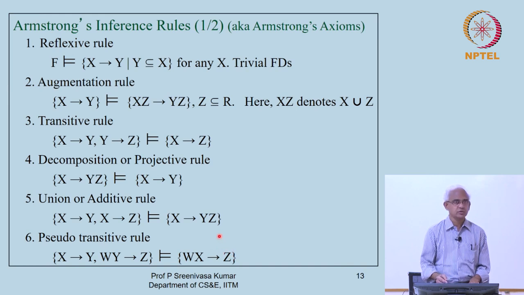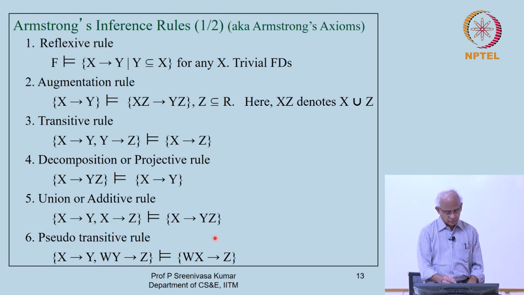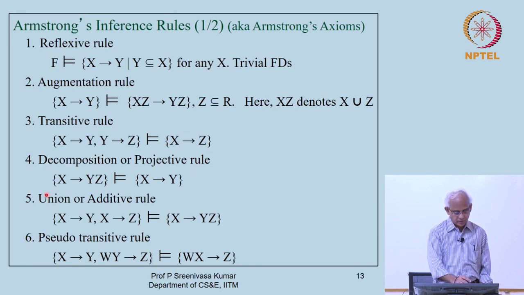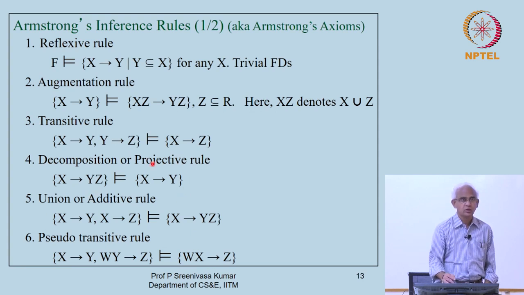You can actually formally prove it. I will take one of these examples and show how exactly we can derive them. In fact, what we can show is that all these 4, 5, 6 are not really necessary. The fact that this is logically implied by this can in fact be proved by using 1, 2, 3, etc. Okay, we will see that. I think I will show you for this one at the tutorial, and I will leave it as an exercise for you to show the other two.